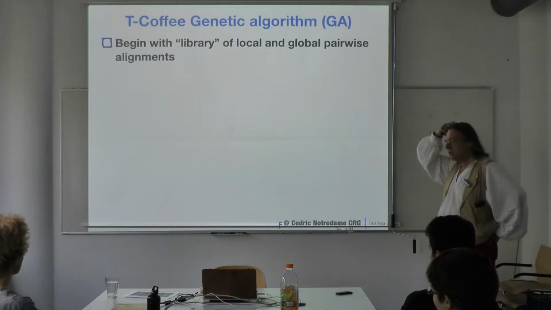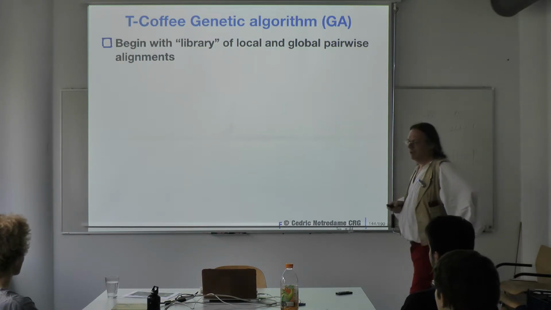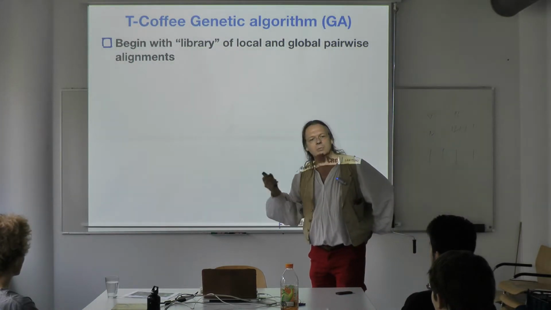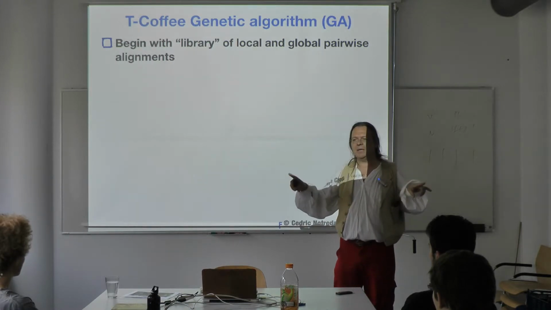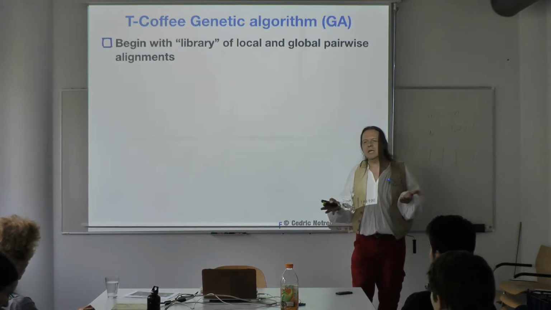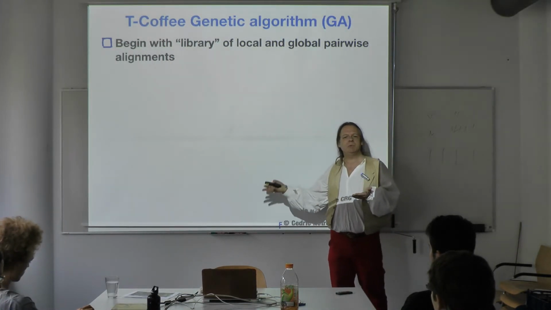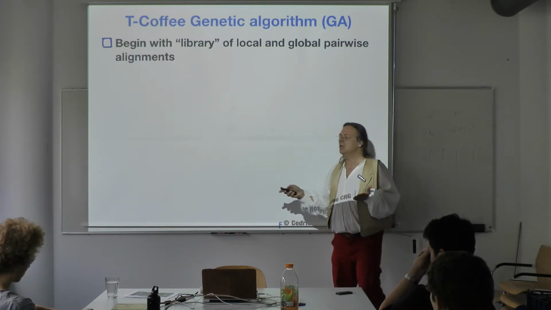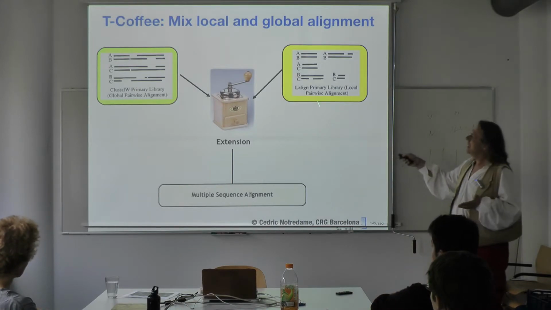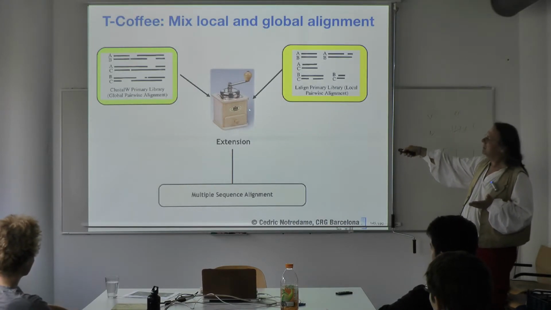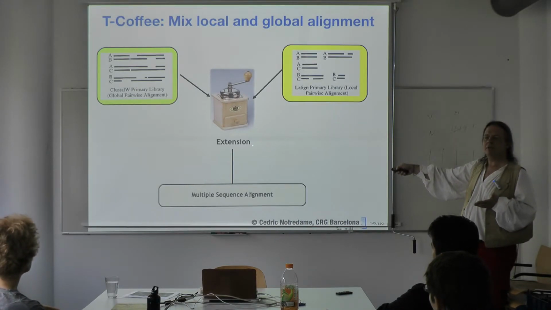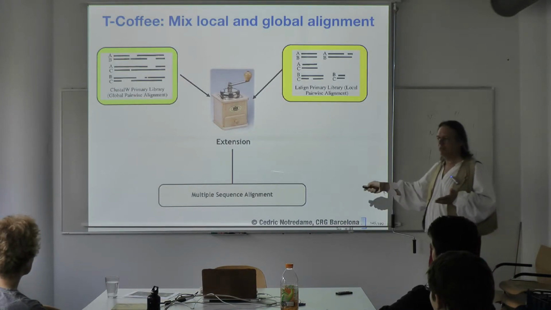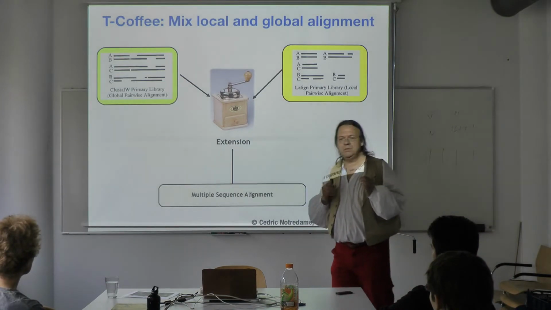Okay, the way you do it, you begin with a library of, for instance, local and global alignments. Or you could begin with a library of different gap penalties. Or you could begin with a library of alignments produced by different BLOSUM matrices. That's the input. Okay? And then, essentially, this is the genetic algorithm. Then you optimize, you iterate through this, and you get an improved multiple alignment. The beauty of that,